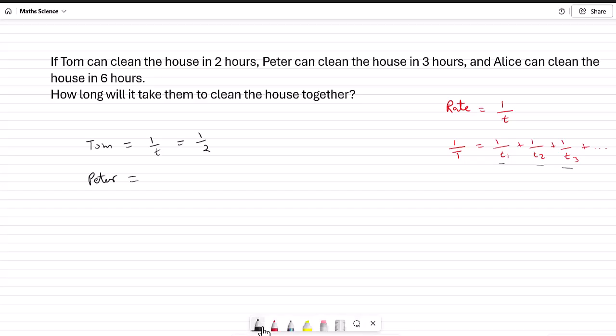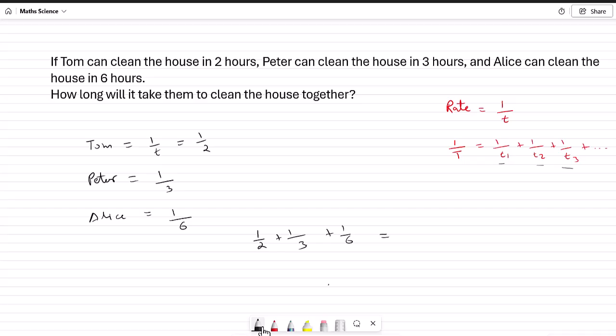Tom would be 1 divided by t equals 1 divided by 2. For Peter, again, it'll be 1 divided by 3. And now we have another person, Alice, and the rate would be 1 divided by t. It takes her 6 hours, so it'll be 1 divided by 6. To find out how long they will take together, we'll simply add all of these rates together. So we'll do 1 divided by 2 plus 1 divided by 3 plus 1 divided by 6 equals